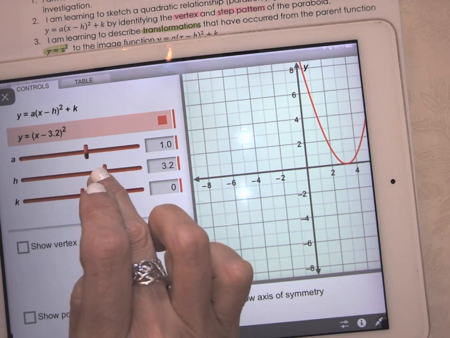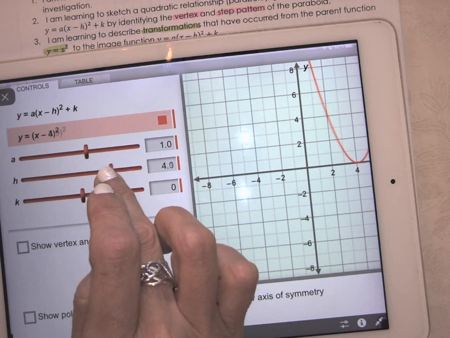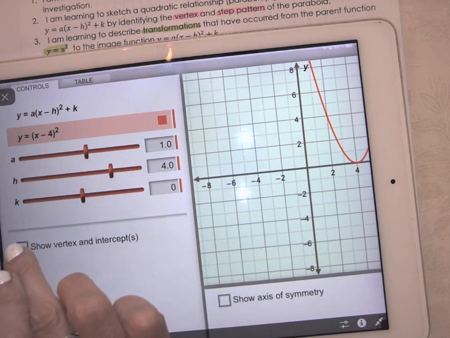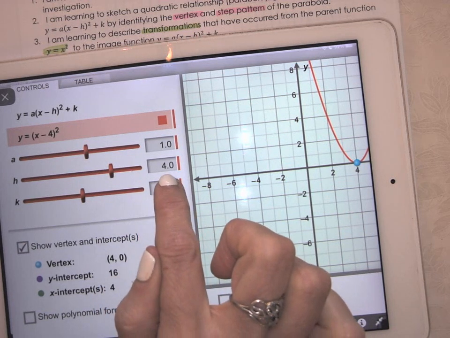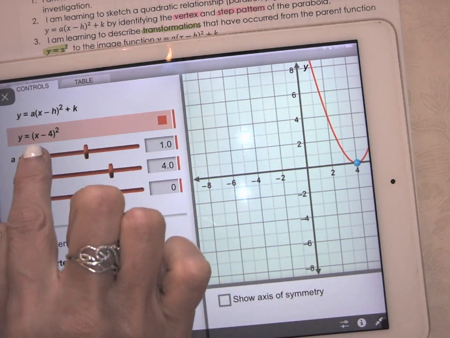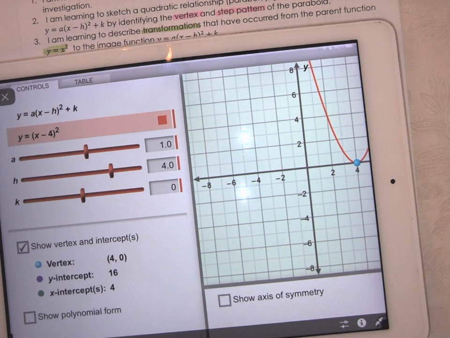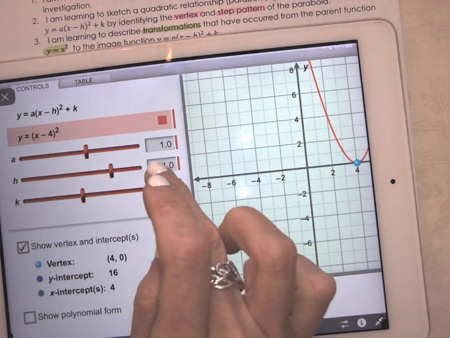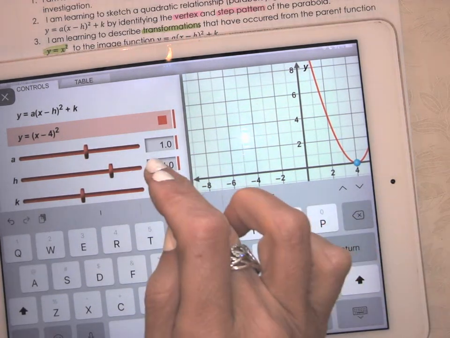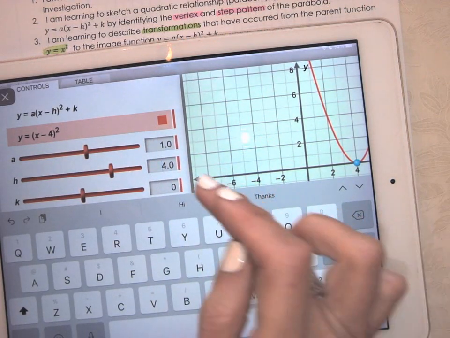Okay, so we keep moving the vertex to the right. And I can show you, this says show vertex, and you can see the vertex is 4, 0 when H is 4. But if you look at the equation, it says x minus 4 squared, okay? And that's because there's a minus built into the formula. So when H is +4, our vertex is at 4, 0. When H is +3, for instance,